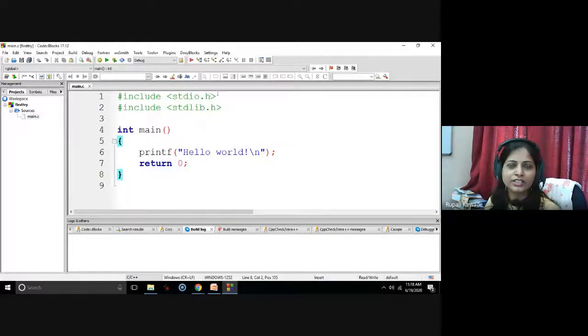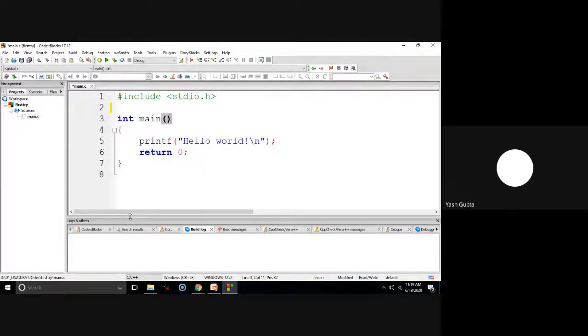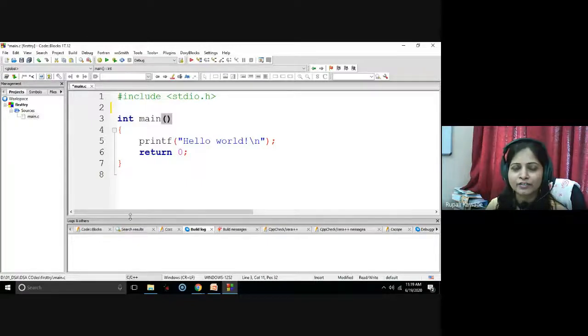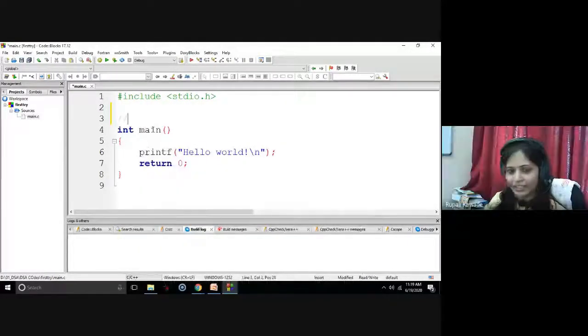You have to follow these kinds of steps for almost all tools. If you are using any environment, you need to create a project, write a source file, compile or debug, and run it. In third year you will use Keil, where again you need to create a project, even to write a simple assembly code, and debug it after writing the source file. On the left-hand side there is a Management window. Under that there is a Projects tab, where the workspace is given, and below that the name of the project.